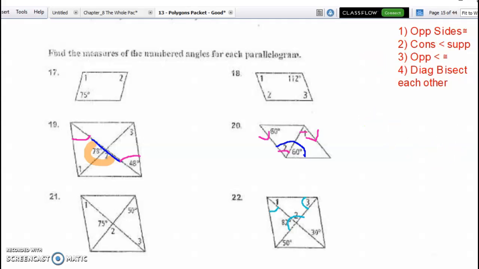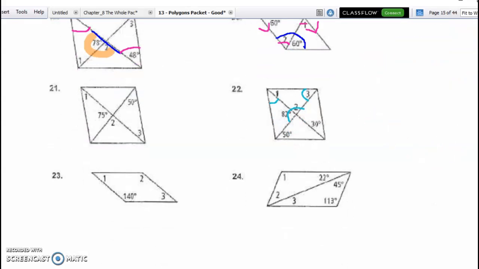Let me scroll down a little bit more. Well, we know what these two are. And then this would be property 2 for these two angles. Consecutive angles are supplementary. Here's alternating interiors right there. So I think you can get